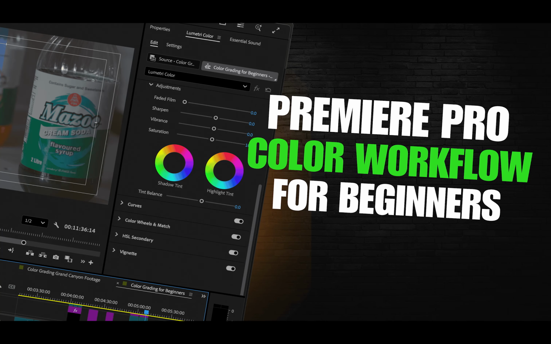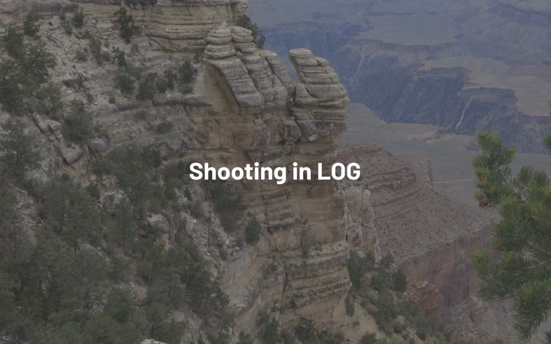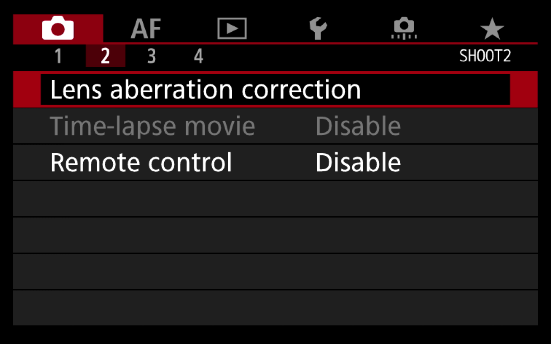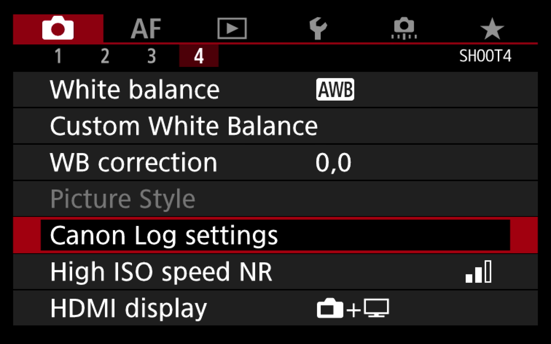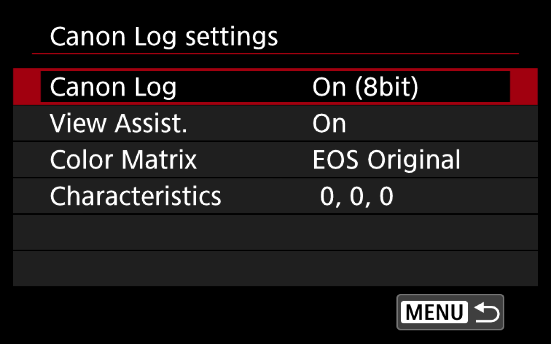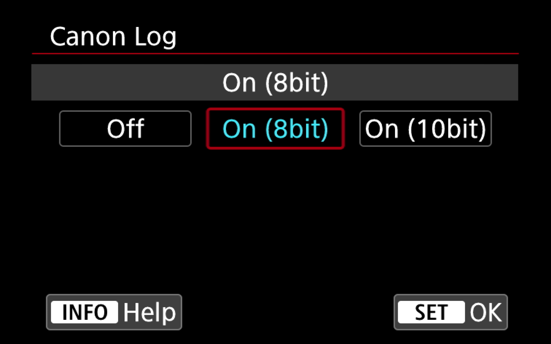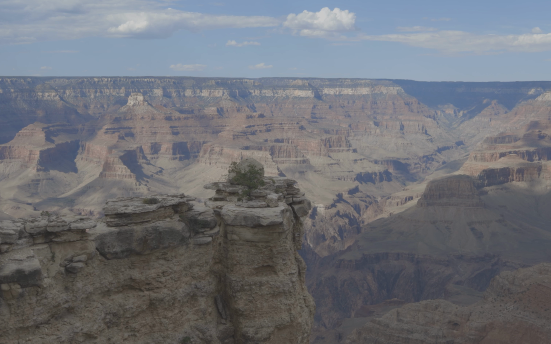So today I'm going to just walk you through the four main stages of coloring a video. First thing is, when you shoot video, your camera records in what we call a color profile. Now log is a very flat, low contrast profile that looks washed out at first. So you can see from this footage here that the colors are not there and it looks washed out and